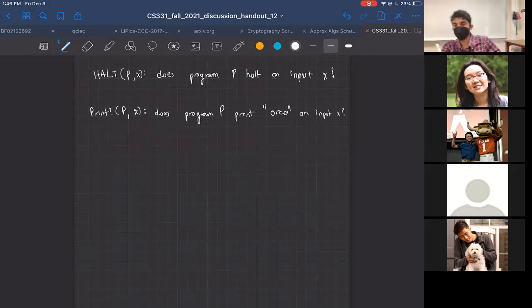So we're going to execute program P on input X, and we want to see if it ever prints the statement Oreo at any point. Okay, so is this uncomputable? And it turns out yes. And why is it uncomputable? Well, it's uncomputable because